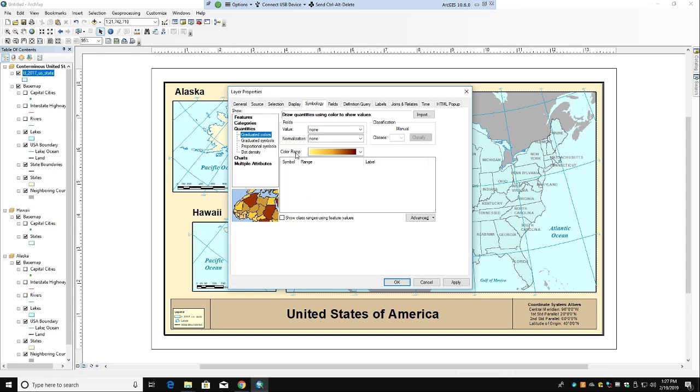So in this Quantities tab, there is this field called Value, and if you click on it, you will see all the columns that have some sort of numbers in that structured database file. So let's choose A land. This is basically the area for each state. And what I want to do is classify it into two breaks, the big ones and the small ones. To do that, hit on Classify,